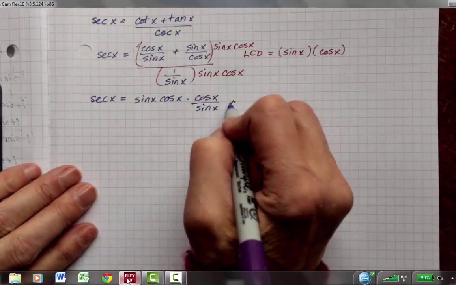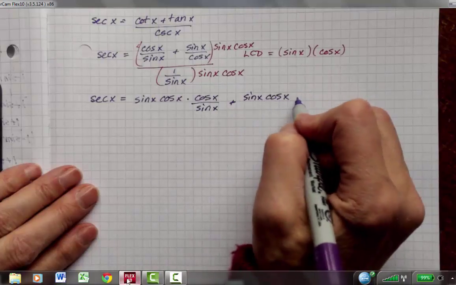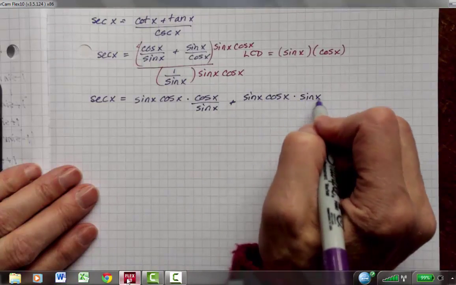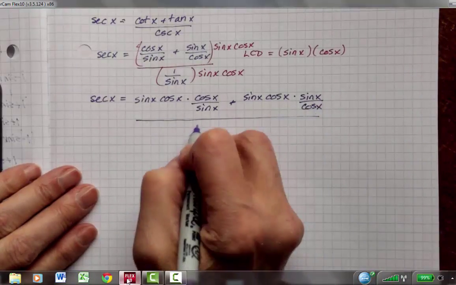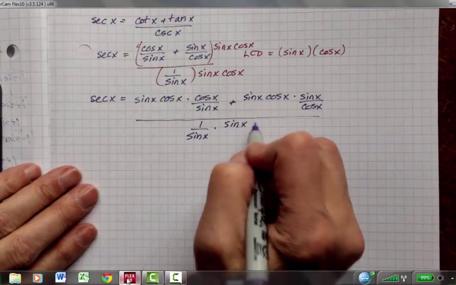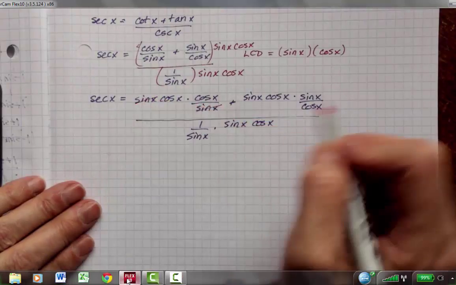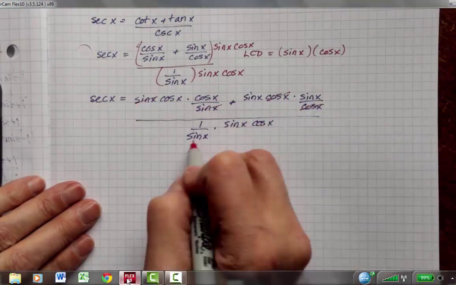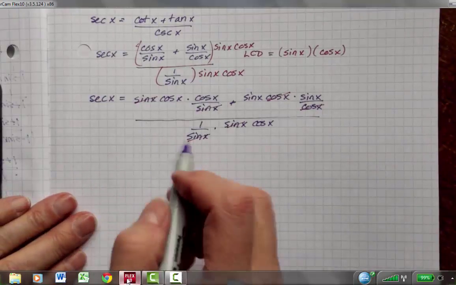Plus sine x cosine x. So I'm just using my distributive property and multiplying it through each one of my terms in the numerator. And then I'm going to do the same thing in the denominator. And what this does is it gets rid of all these fractions that I had to look at. So now I can simplify this entire expression